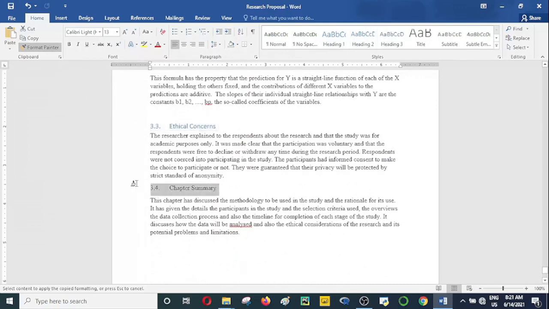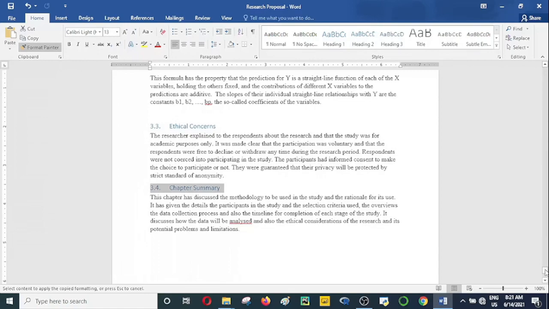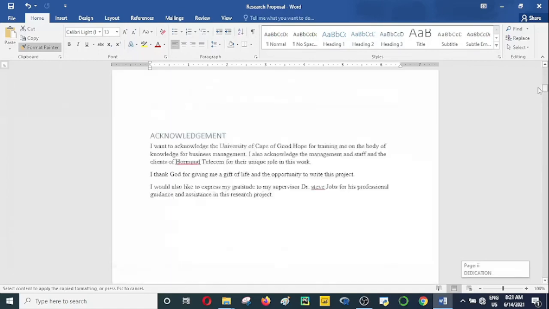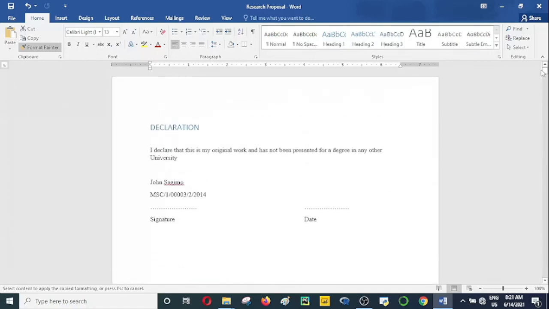That is it. Chapter summary. Fantastic. So it has taken a bit of our time. Yeah. Now, so we have already applied the 2 styles, heading 1 and heading 2. So that means we can now go ahead and insert our table